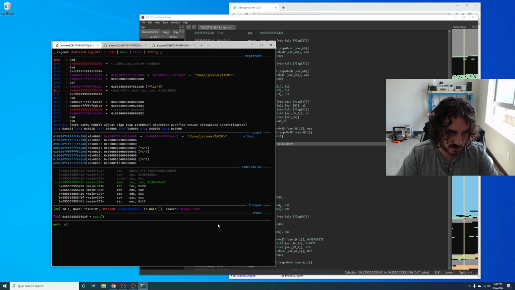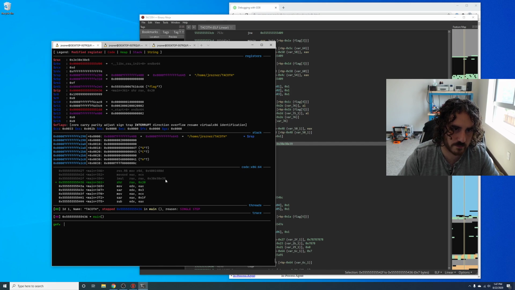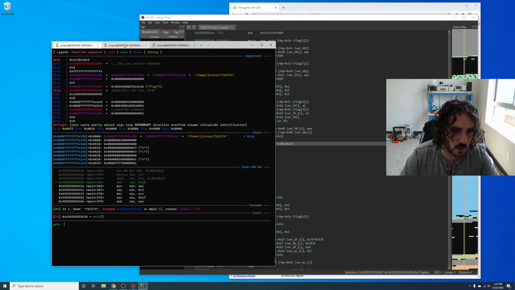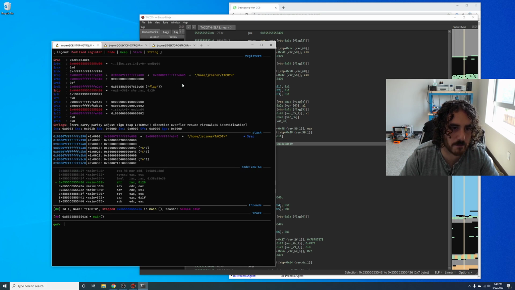So I'm going to single step that. We can verify the math here is correct. Times C. What did it end up doing? I think it overflowed or something, and that's why it's different. But